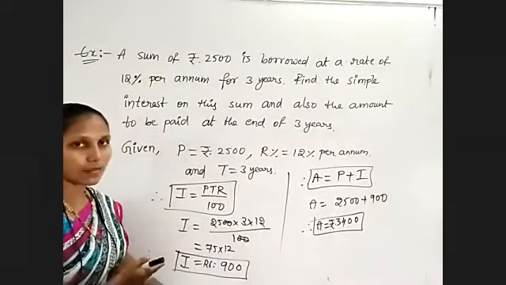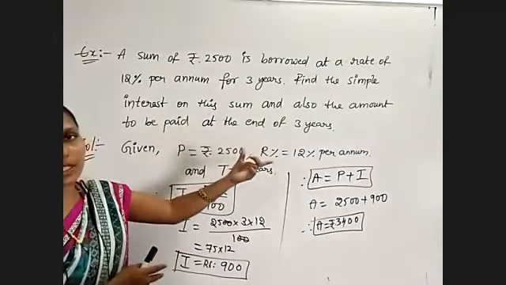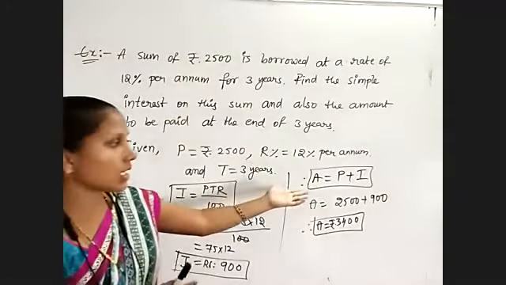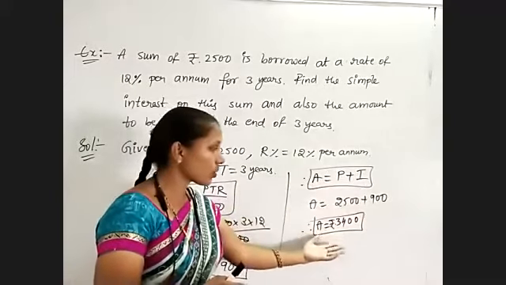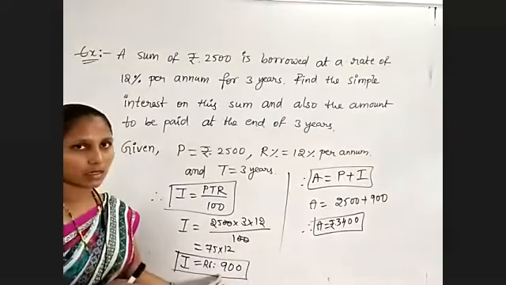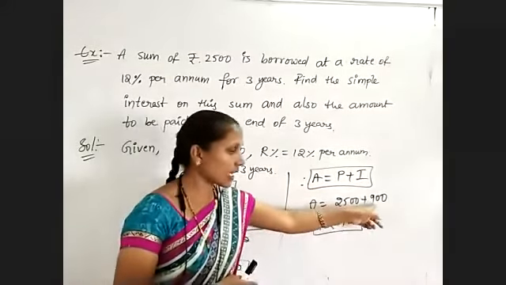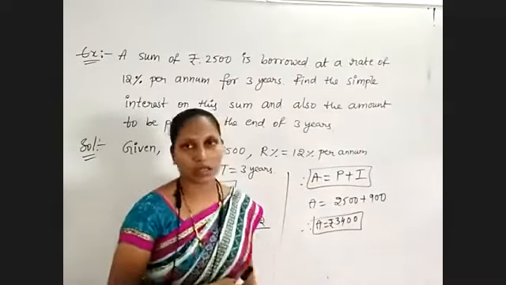Substitute all the values and find out interest, as well as amount to be paid at the end of 3 years. Therefore, amount also they are asking, that is principal plus interest. So this is the value. So for 3 years, interest is 900. Okay. So original amount is 2,500 plus 900 is interest. That's all.